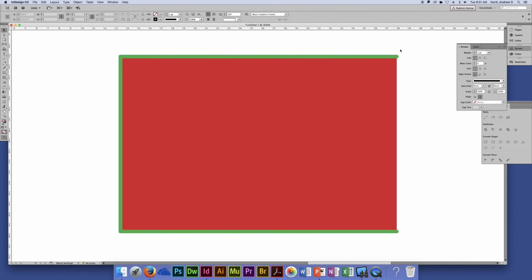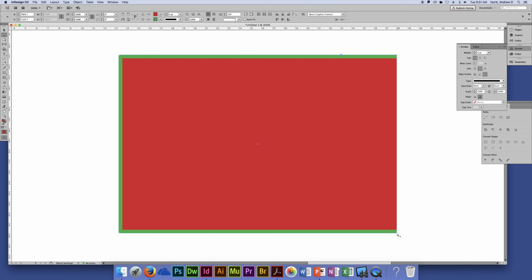So even if you had this open end cap, just as it normally shows up, and you want it to be rounded, and you select your join and hit that rounded join, and it doesn't affect this, it's because these two paths are not joined. So if you have two open paths, or an open path that you want to join, it's pretty simple to do. You basically just select